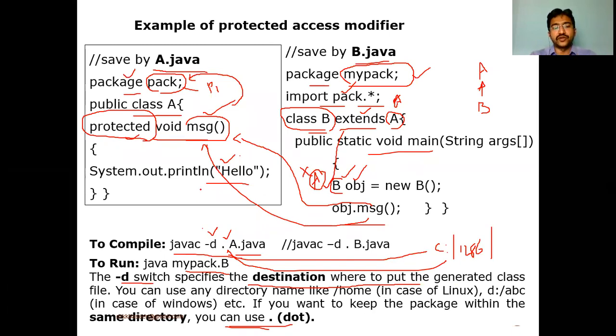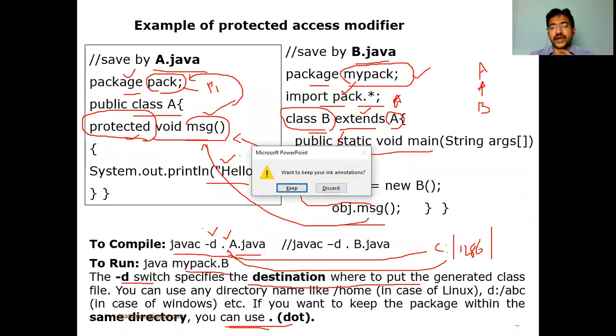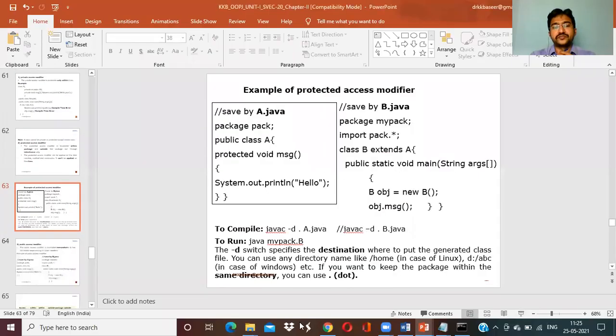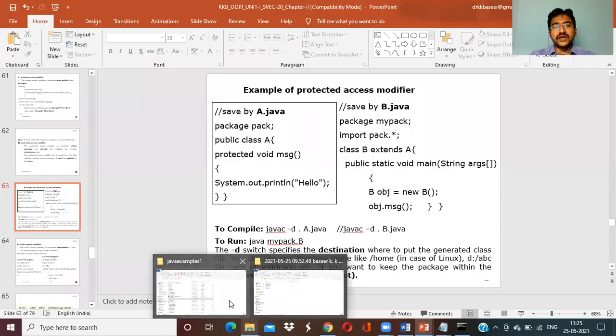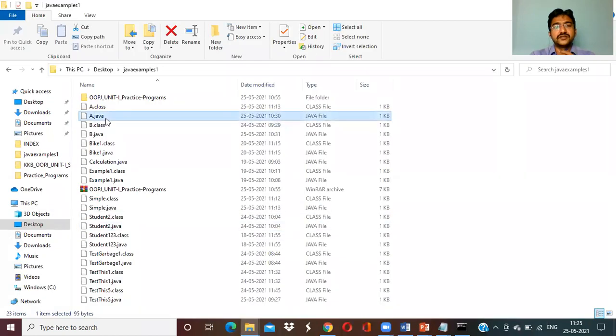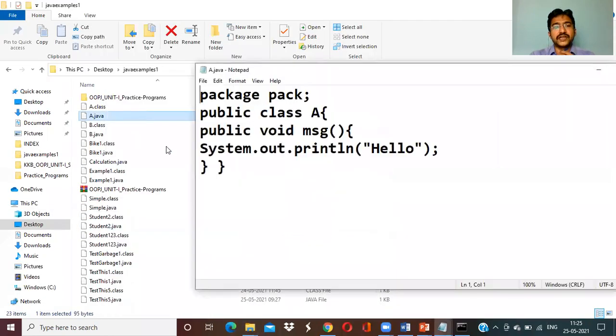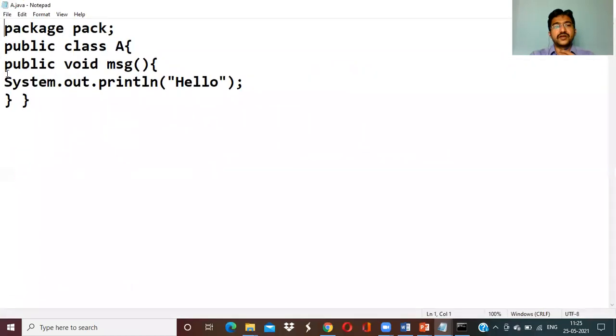Now let me compile the program so that you can get some more idea how to compile it. I already have my programs. I'm opening a.java. It has a protected void message method. I'm just saving the program here.